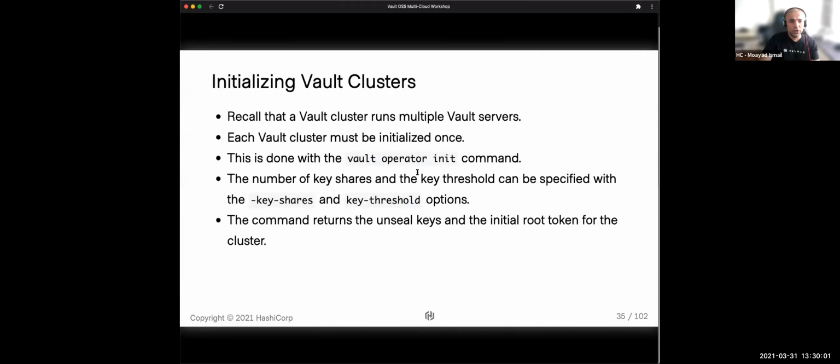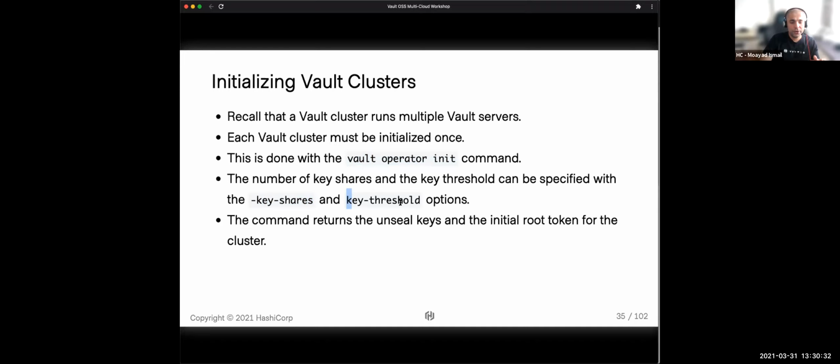Now, initializing the Vault cluster, I just want to expand on that a little bit. The Vault initialization must be done on every Vault server. So if you have a Vault cluster that comprises 3 nodes, you must initialize each one, so they can all participate as part of the cluster. You only need to do that once. The command you use is the vault operator init command. And this is something important to note. You can actually set the key shares and the key threshold.